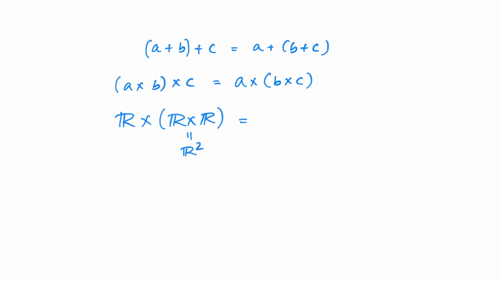And we saw that that is equal to R cross R cross R. Once again, this was equal to R2. So when we said that R cross R2 is equal to R2 cross R, we were saying that in some sense we have an associativity for Cartesian product. And in what sense do we have the associativity? That is what I said earlier. There is a natural map which relates these two objects.